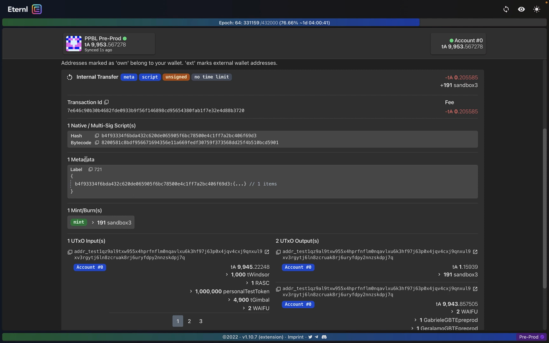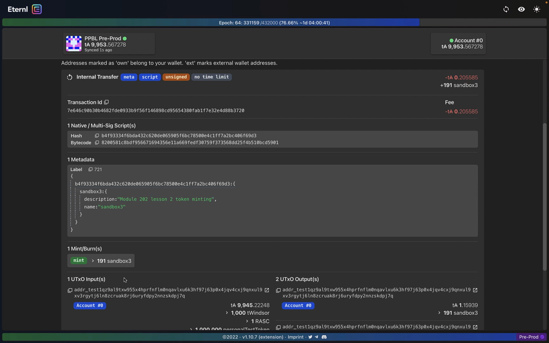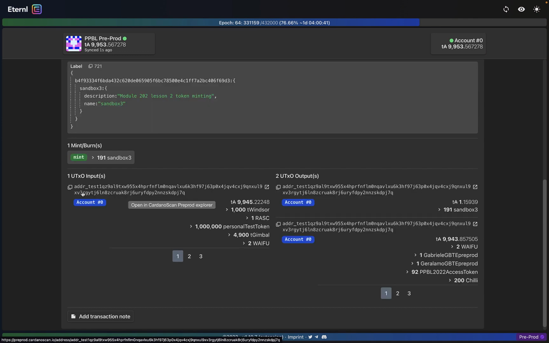I can also see that there's some metadata attached to this minting transaction. We'll talk more about this sort of metadata in the next module. I can see that this transaction requires one input, and I can also see that it creates two new outputs. One with most of the value from my input, and another with a min UTXO and the Sandbox3 tokens I'm